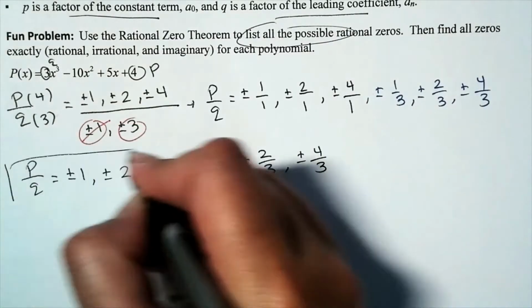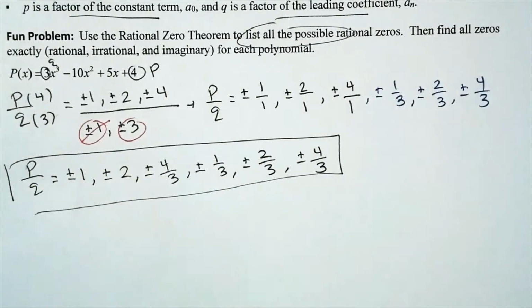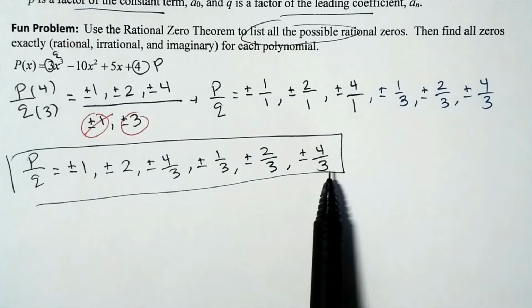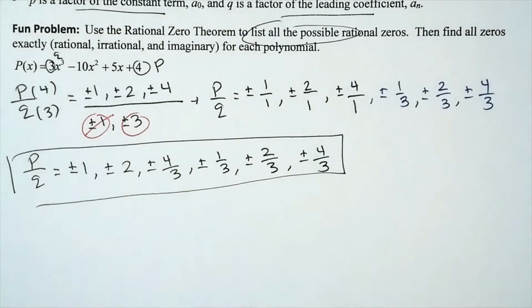Okay, so we have a grand total of how many possible rational zeros? 1, 2, 3, 4, 5, 6 times 2. So we have a total of 12 possible rational zeros. Now we're going to take advantage that we have access to a calculator, whether a physical calculator or the software, and then we are going to see which are the